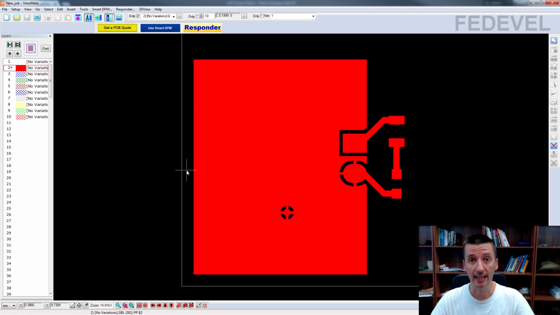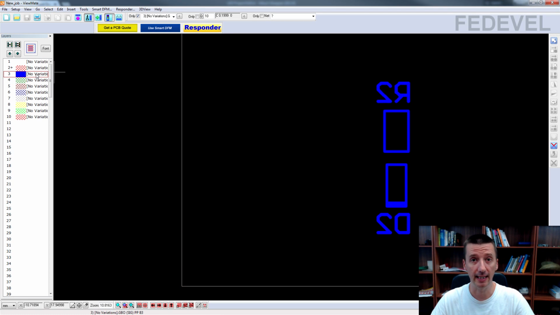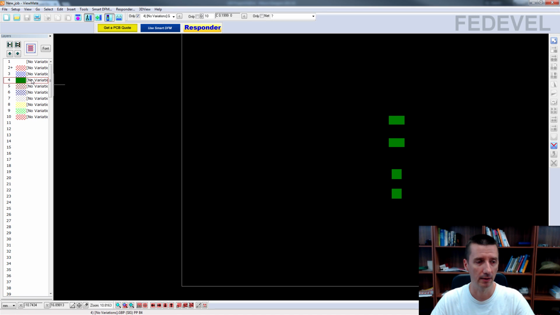So this is the Gerber file for the bottom layer of our PCB. To hide this layer, double click. To enable the next layer, double click. This is the Gerber file for the bottom silk screen or bottom overlay layer. Double click, double click. This is the bottom paste layer.